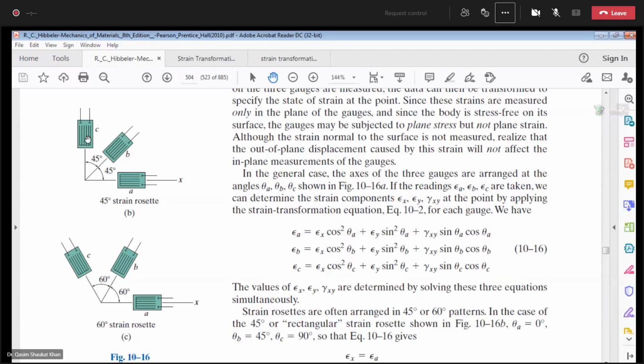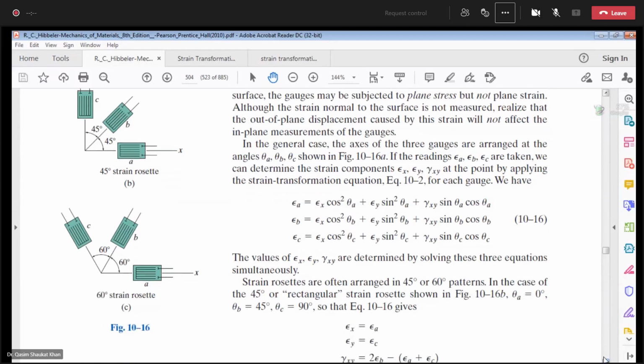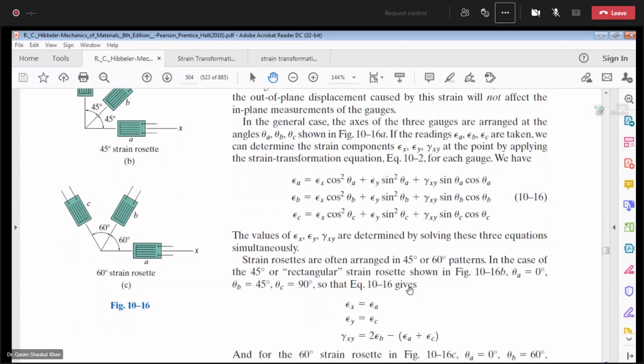Okay. Now what they are doing, I do not want you to remember this, ठीक है, because you just need to know these main equations. So in these equations basically what they are doing, they have put theta a 0, theta b 45, theta c 90, ठीक है जी, and then they have simplified it, and then you are getting these equations that epsilon x is equal to epsilon a, epsilon y is equal to epsilon c, and gamma xy is equal to this, ठीक है। So you just need to focus on this thing, whatever the value of theta may be, ठीक है।